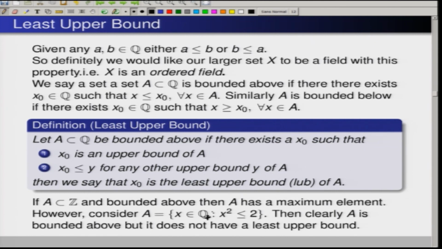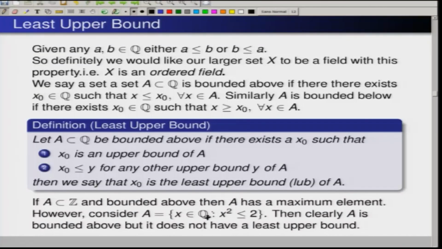Now, the question is: does it have a least upper bound? You see here, we are searching for that least upper bound in the set of rationals itself. As you can guess correctly, in this case whatever least upper bound you are going to get may not be a rational number. So, what we conclude is that certainly the set of rationals does not have the least upper bound property.